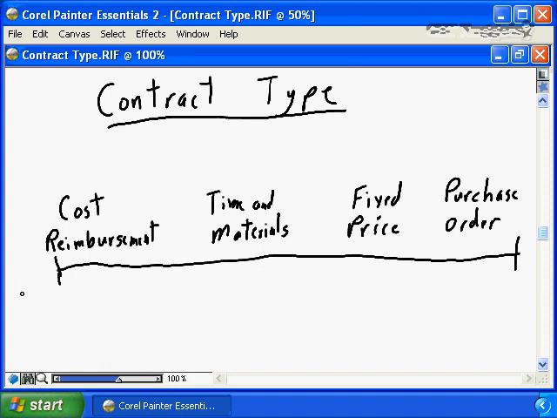So how do you as a project manager decide whether cost reimbursement, time and materials, fixed price, or purchase order is the appropriate style of contract for your project? It all really boils down to two things. One is the level of control that you wish to have in terms of the project's activity in the procurement process, and the second is the degree of risk you're willing to assume, that you're willing to address on behalf of the project. So if we look at a cost reimbursement process, the level of control is very high from